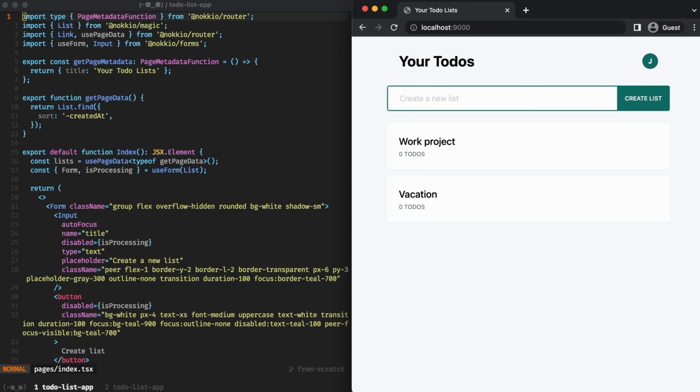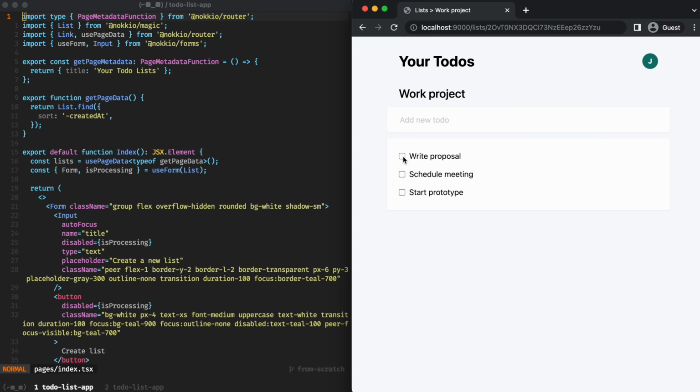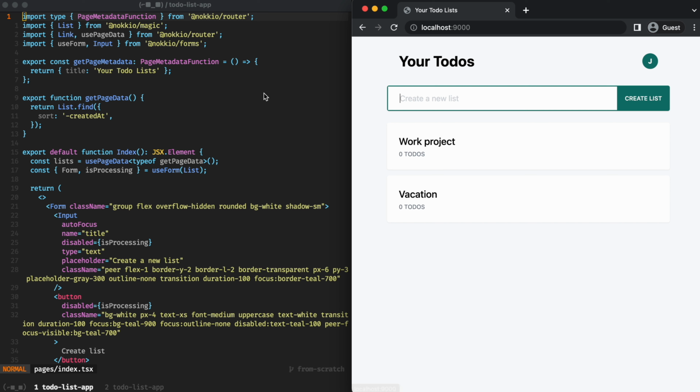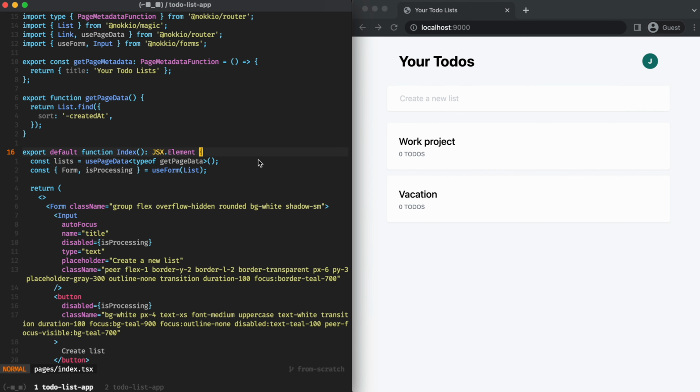So far, we've made good progress on our To-Do List app. We have a screen that displays all our lists, and we can manage individual lists and their to-dos. Let's revisit the main screen and make a few updates now that we have to-dos in place. First, one thing we skipped over when initially setting up this page was the counts that display here for each